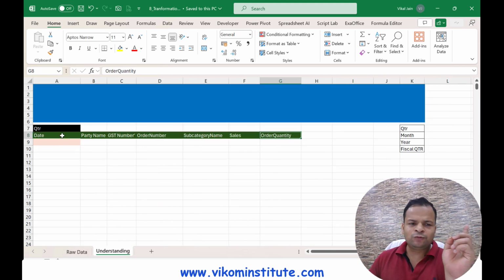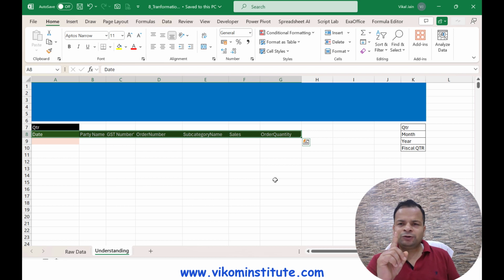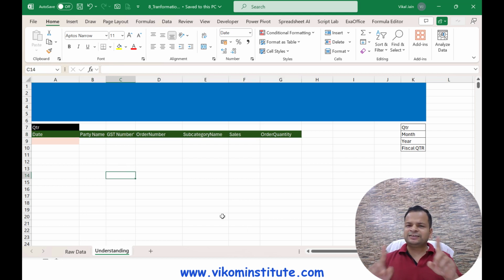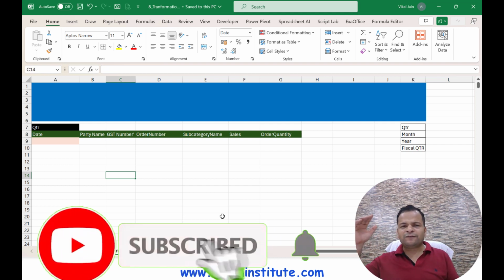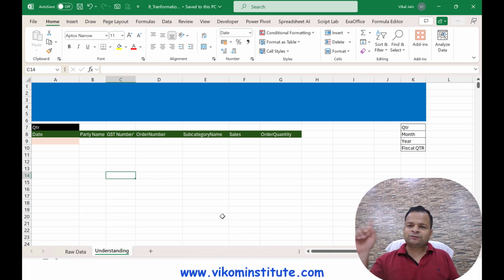Here we first need to rearrange the columns, but we need to take care of the raw data. Let's presume that every time the software extracts the report, it comes in this format, in which the raw data already exists. We can't change the column order in the raw data, because if next time the software sends the report to this file, it will again send the same format, and then you would need to reorder the columns again. So I am not going to reorder my columns; we are simply going to bring those columns over here and make our report accordingly.